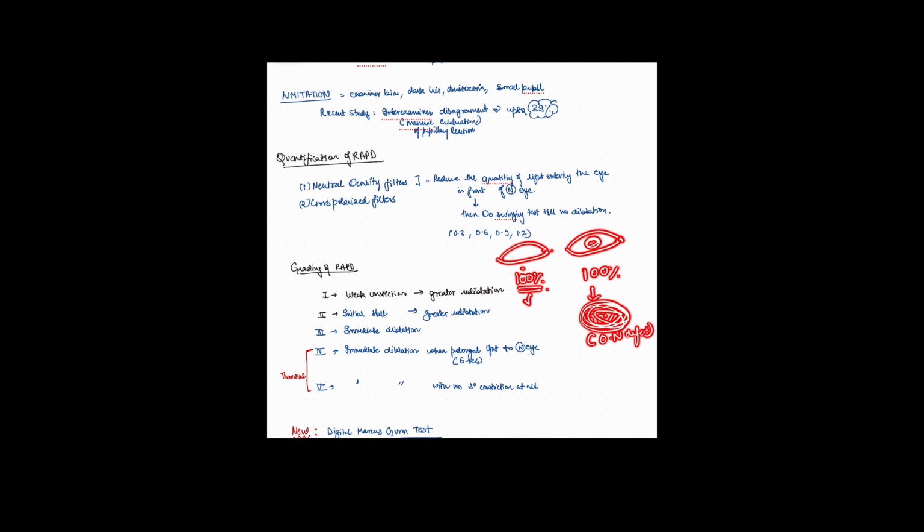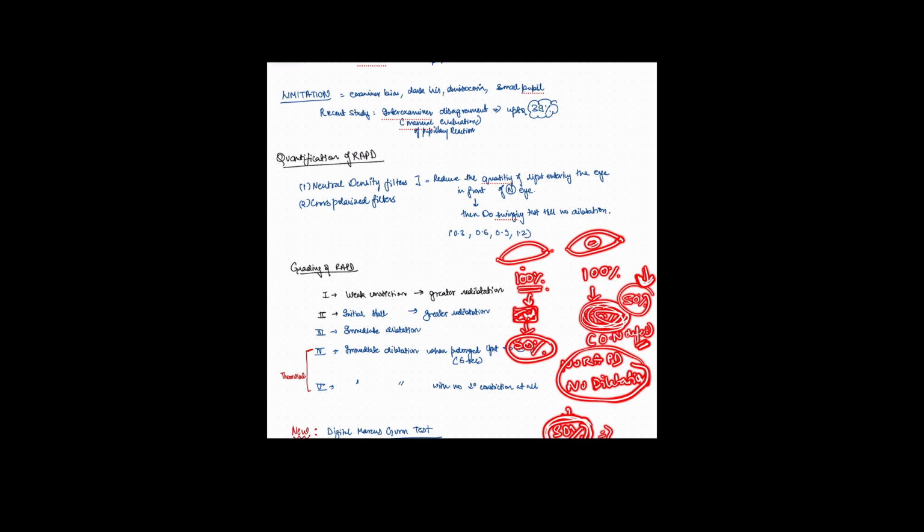We want to quantify this number. So in front of the normal eye we put a density filter, so the quantity of light entering the eye will be reduced. We put filters till we reach 50%. At 50%, when both the eyes are equally at 50%, no RAPD will be elicited and no dilatation. Therefore, we get to know the quantification of how much the intensity of light is decreased due to your optic nerve defect. That is your 50%. This is just for example.